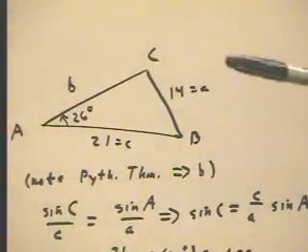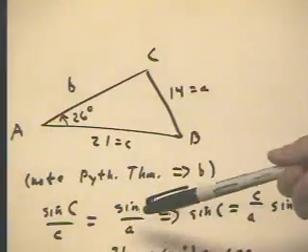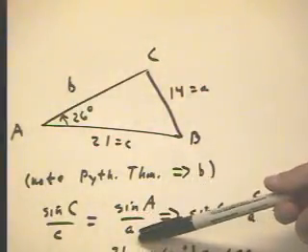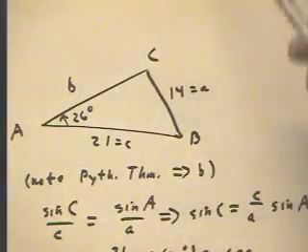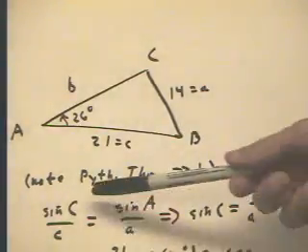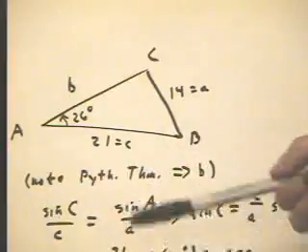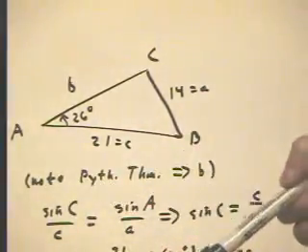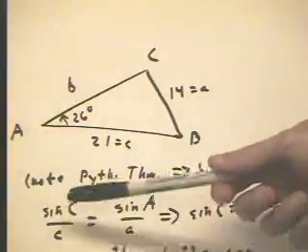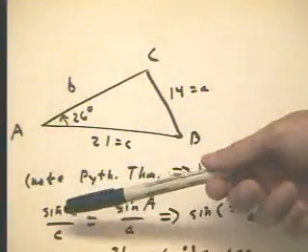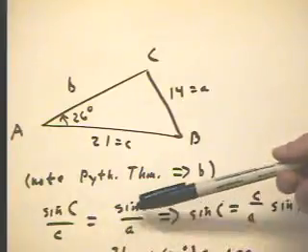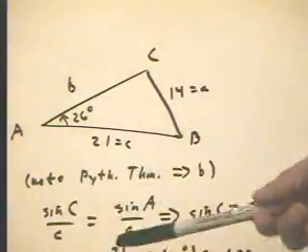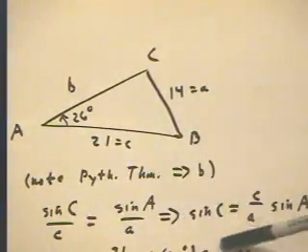Now let me point out one thing. Whether you put the sine on top or on the bottom, or whether you put the side on the bottom or on the top, depends on what it is you're trying to solve for. In this case, we're trying to solve for sine C, so it's a lot more convenient to have the sine of C in the numerator. If we were trying to solve for side C, we would probably invert this and say side C over sine C equals side A over sine A. Anyhow, in this case, since we're solving for sine C, we just have to multiply by little c to obtain